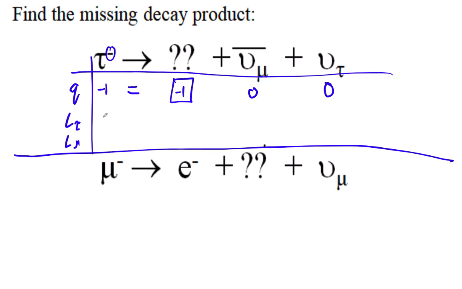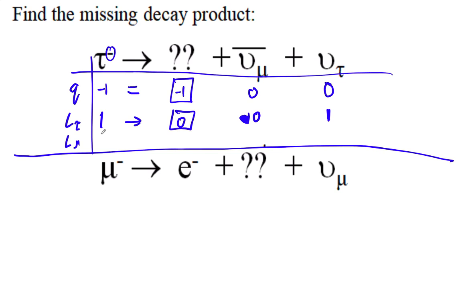Let's look at our tau number. The tau minus is a 1. This guy is a -1. Whoops. This one is a 1 for tau number. This guy is a 0 because it's a muon. So this guy is going to have 0 as its tau number. So it's not even a tau. That means it's not a tau neutrino. It's not an anti-tau, and it's not an anti-tau neutrino. It's not tau in any way.